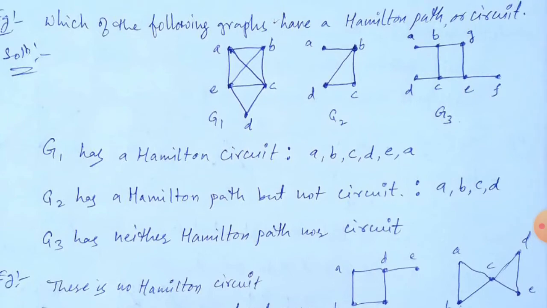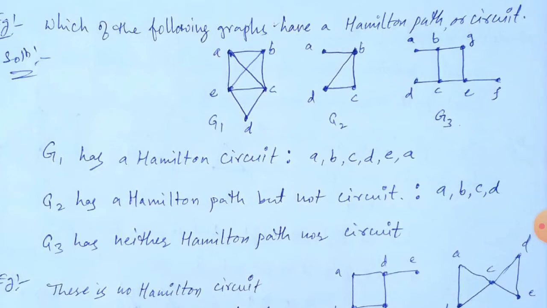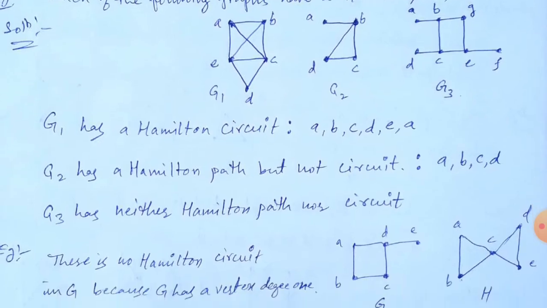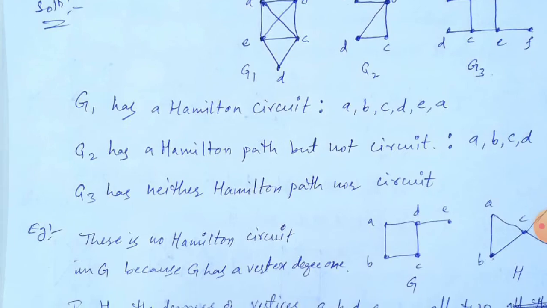Okay, observe the G2, A to B, B to C, C to D. Okay, and of course we can go D to B. It is possible going from D to B, but if you go from D to B, B vertex is repeated twice. So that cannot happen in Hamiltonian. Vertices cannot be repeated. So up to D only, A to B, B to C, C to D is a path. So it is a Hamiltonian path only, because we cannot go to A again. End points are not equal. We cannot go from D to A. So only a path exists here.